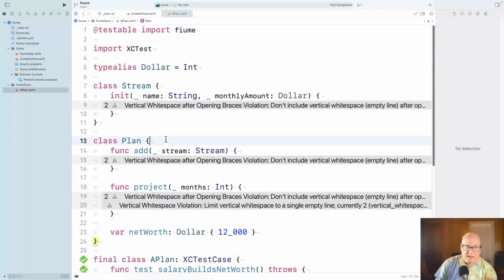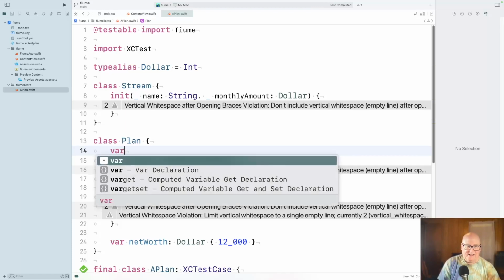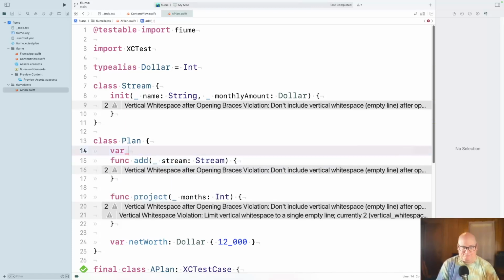So a plan is going to have things. I don't know a word for assets and liabilities jointly. And a stream isn't exactly, well, it's sort of an asset, but it's not like a pool of money.